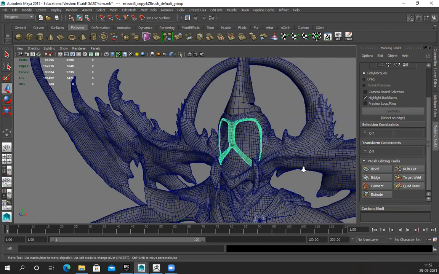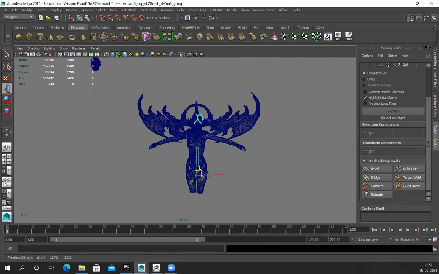Similarly, this band, I'll select and move it somewhere else along with the high poly. Then I'll create two different groups, one for high poly, one for low poly, and export the high poly separately, export the low poly separately. Then I'll bake it in Substance or Marmoset or anywhere. After baking, I'll export my actual version without this explode.